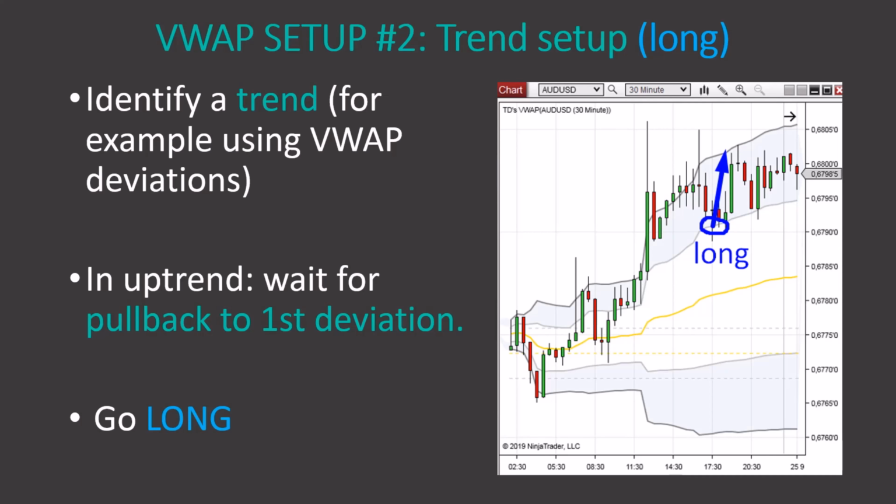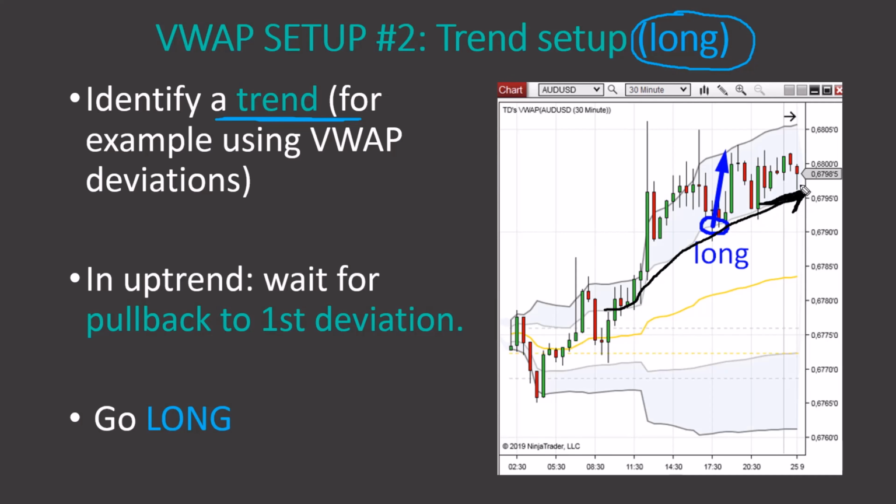Now, let me very briefly go through the trend setup long trade scenario. It's basically the same, only reversed, so I'm going to go through it more quickly. First thing you want to do is identify a trend. Obviously, you want to identify an uptrend. So if you look at this picture, first deviation